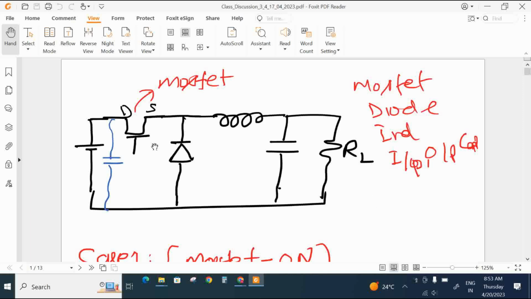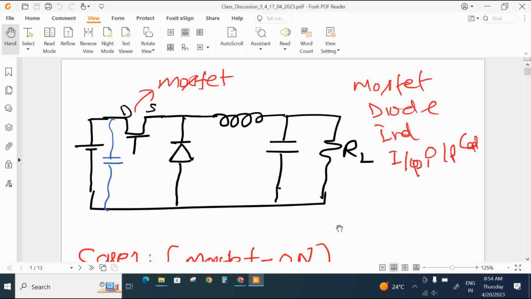This is a very important question, even in interviews they ask what is the architecture of a buck converter, can you please draw the architecture? Then definitely you have to draw it in such a way that one MOSFET should be there, and after that the inductor, output capacitor, this diode and the input capacitor, input voltage, and load resistor, such that across it you can get the output also. All these things you have to draw, and it will be a complete circuit diagram of a